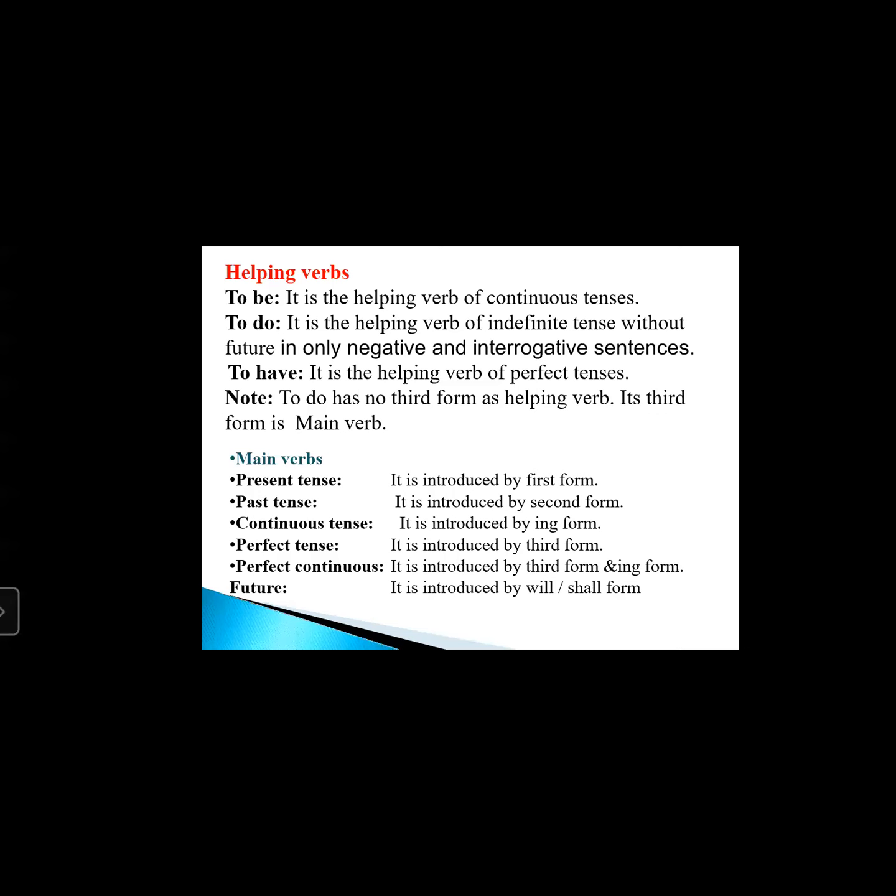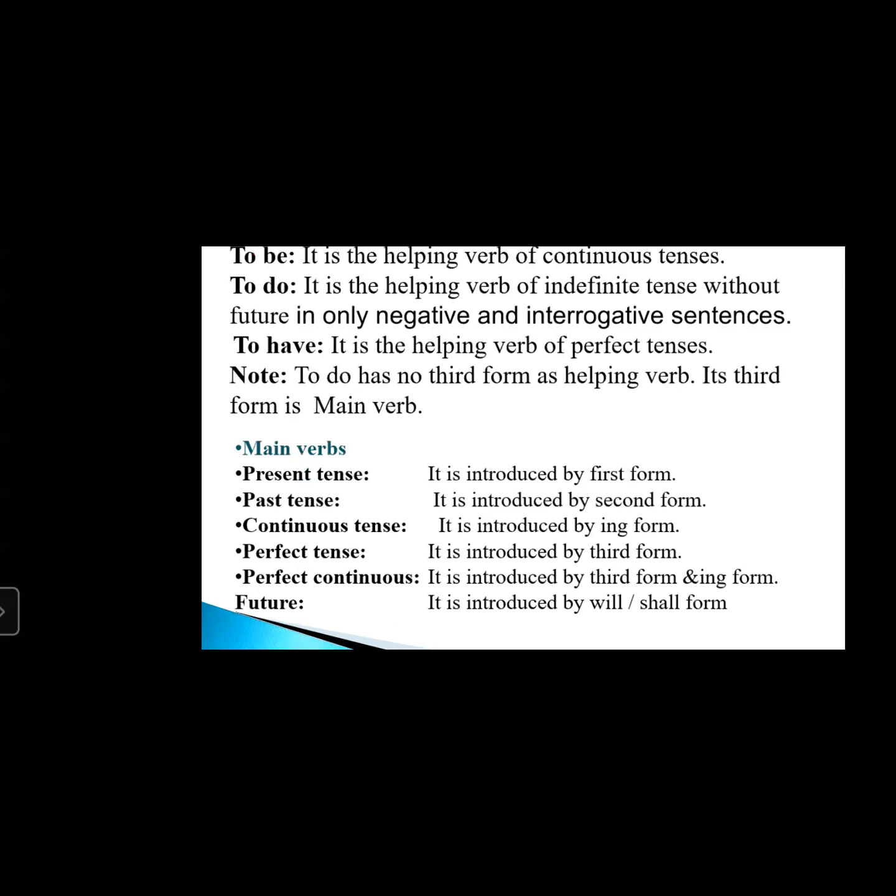What is the helping verb of perfect tense? To have. Note, to do has no third form as helping verb. Its third form is a main verb. So main verbs, present tense, it is introduced by